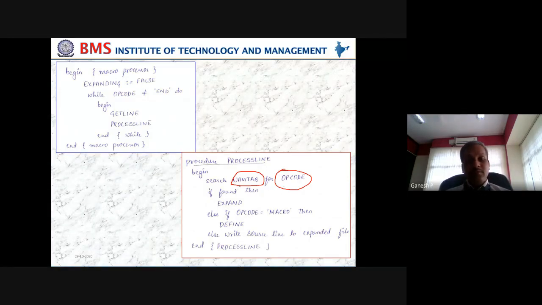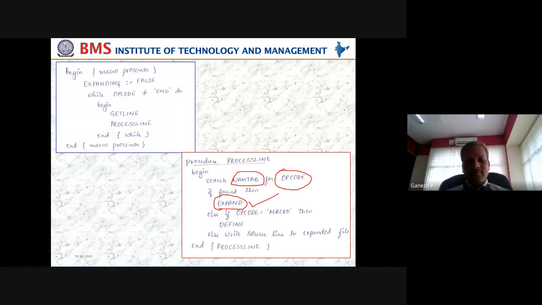And here we will be using name tab for 2 purposes. One, to store the data initially, also for the expanding. Okay. If it is already there, then we have to expand it. That means you are calling that name the second time. First time it will be for the definition, second time for the call. When it is already there, it means the definition is already taken care of. Only next time when you call, it is going to be expand.